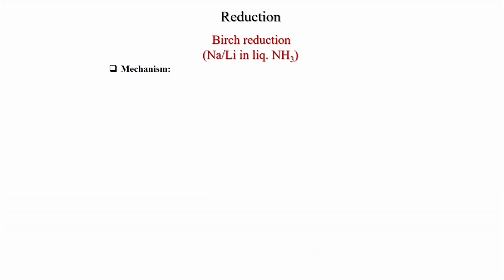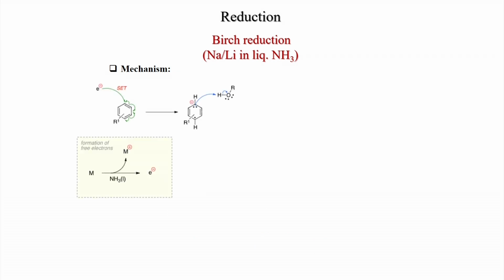So what is the mechanism of this reaction? When metal is added in liquid ammonia, then the metal becomes M plus and liberates one electron, and this electron is stabilized by liquid ammonia. So that is the importance of liquid ammonia. It stabilizes the electron, and that electron then adds to the benzene ring, and you can see that first a